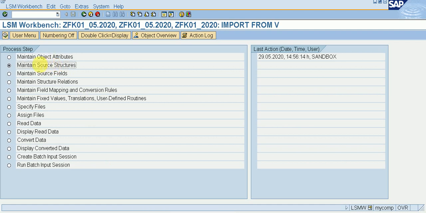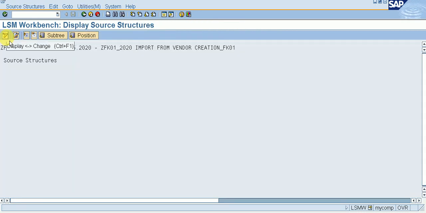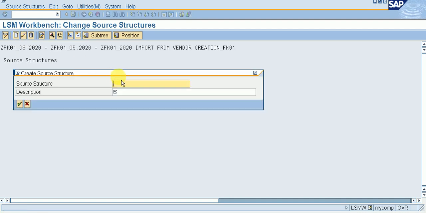I need to create that. Execute it. Click on display change. Click on create a structure. Then create your source structure. So my structure is structure for FK01.